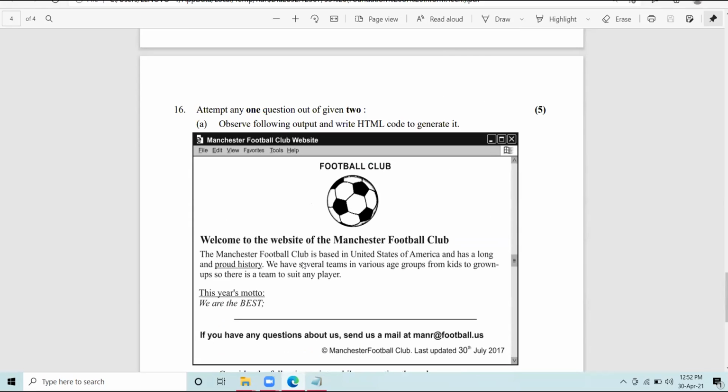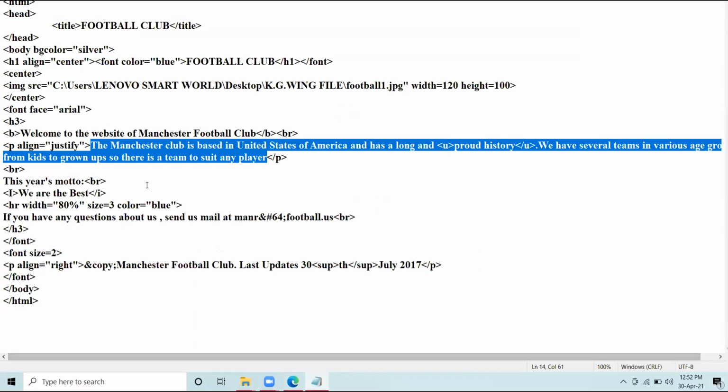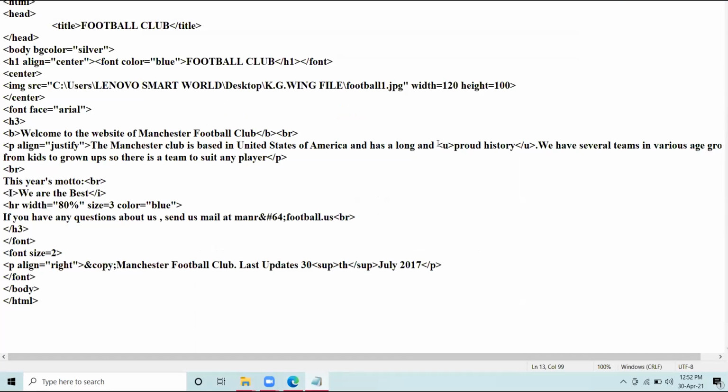This concept is not yet in your syllabus. Here we have to use the anchor tag to create the hyperlink. Okay, so right now I'm skipping this point and I am considering it to be simple text which is underlined. So I have taken the U tag and I have enclosed the text between the U opening and underline closing tag, right?